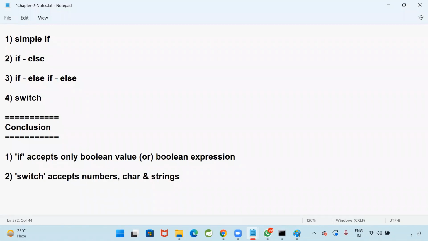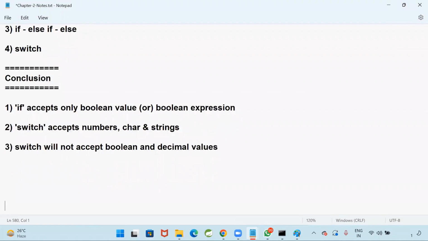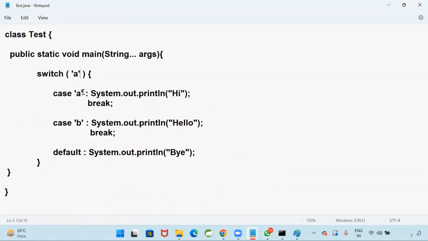Switch will not accept Boolean and decimal values. And here, whatever the case type is, the same type you need to pass for the switch. Now, if I am writing case as A and I am writing another one as 2,